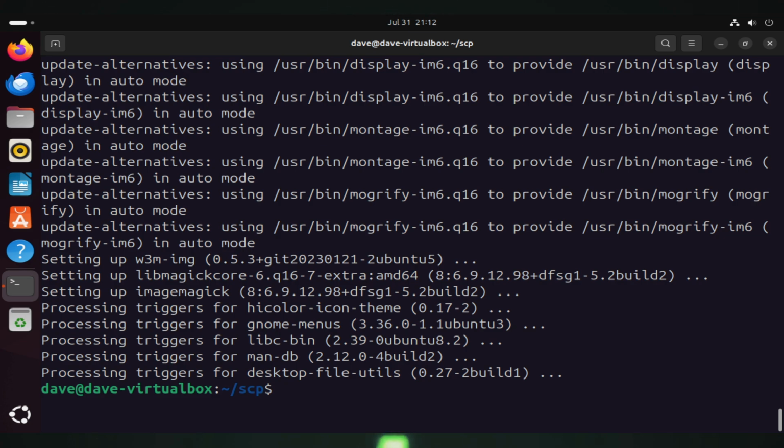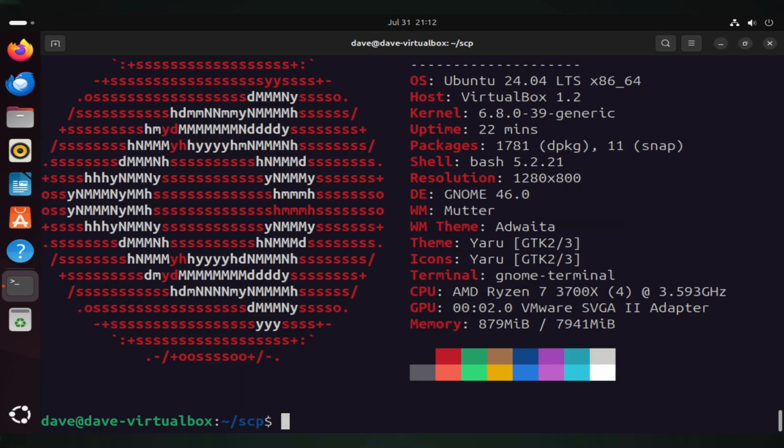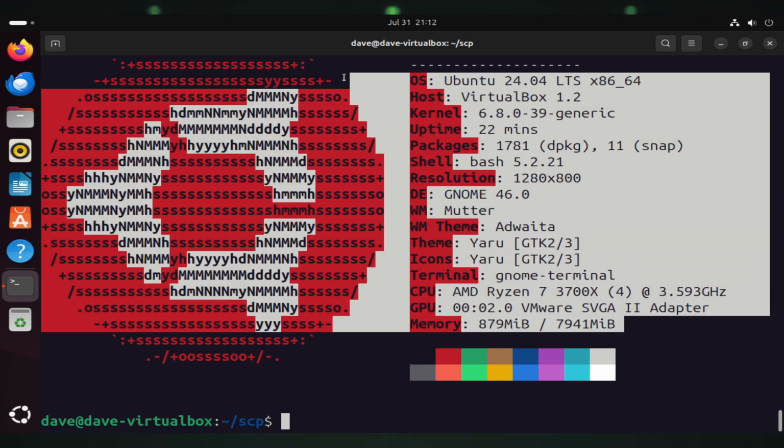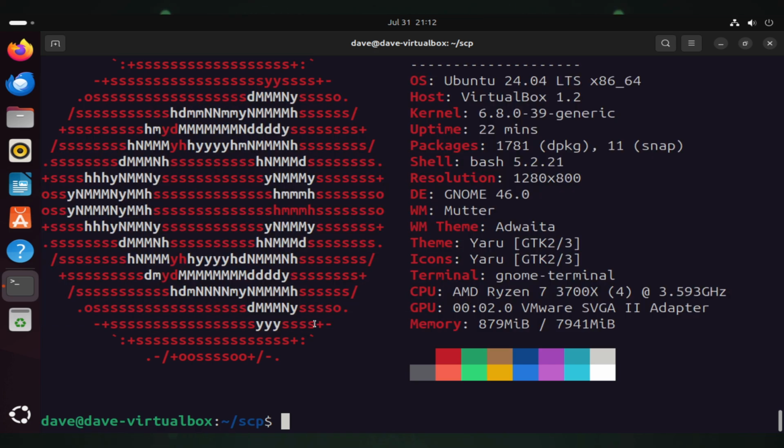We'll show you how to remove some software. So we installed neofetch. If we type neofetch and press enter, it shows us a nice little image in ASCII text, and it gives us on the right hand side some specs of our computer. This is running on a virtual machine, but it's quite cool to show you how it runs. If we want to remove that piece of software, we would do apt remove